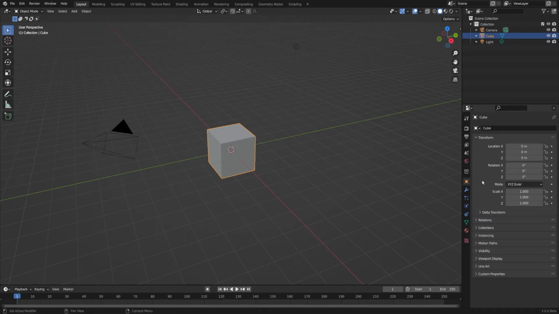The first panel is the transform panel, and here we have location, rotation, and scale. If we just click and drag on any one of the location axes, we can move it along the x-axis, move it along the y-axis, or move it along the z-axis. Or if you want to type in any specific number, then you can just type it in here. So I can just set it to 1, 1, and 1, and that's where it's going to exist in the